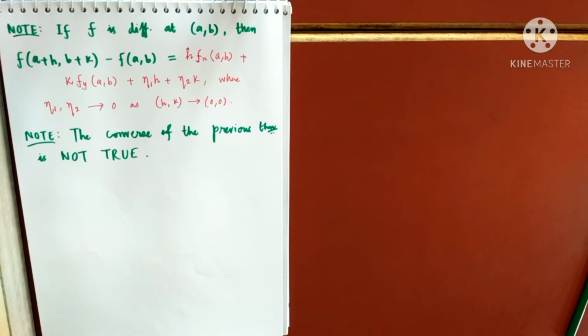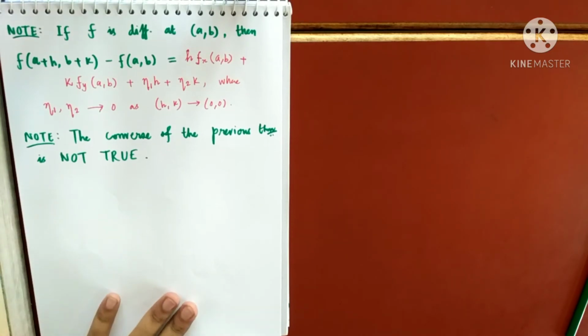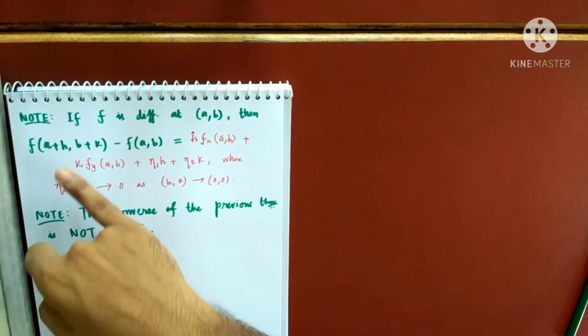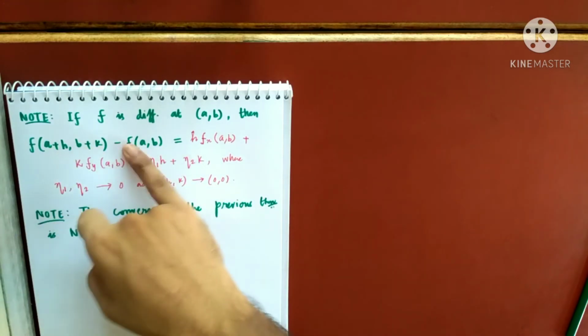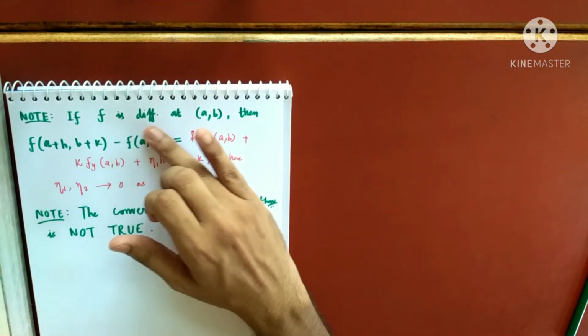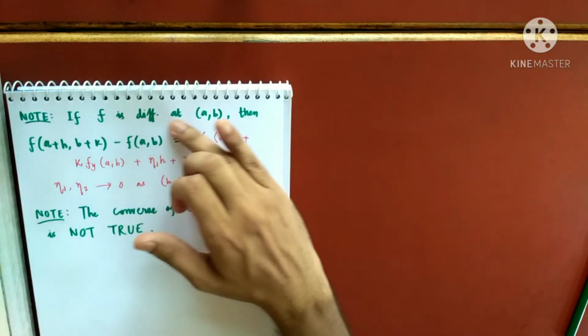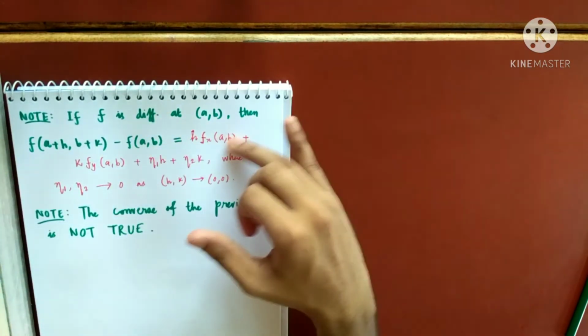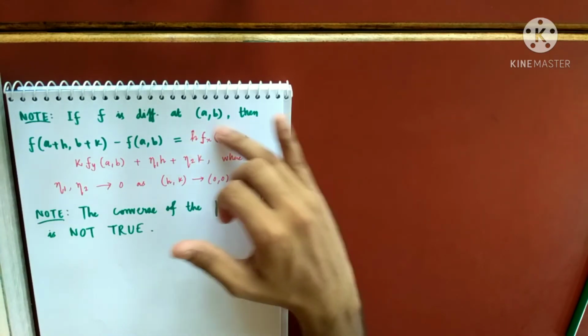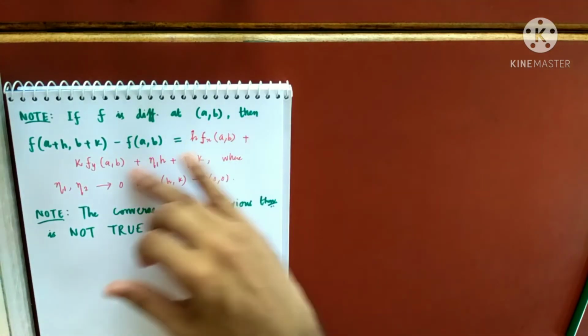So keep that in mind. Just by proving that a function is continuous and both the partial derivatives exist, you cannot conclude that the function is differentiable. Some of you might get confused, like if both the partial derivatives exist, then the function can be expressed in this manner. But keep this in mind, I am assuming that the function is differentiable. If the function is differentiable, I can express this. I never told you that if the partial derivatives exist, then the function can be expressed in this manner.